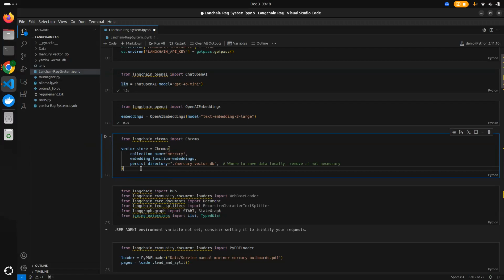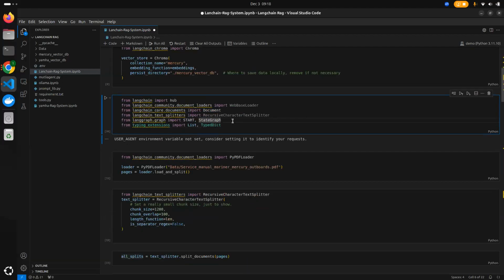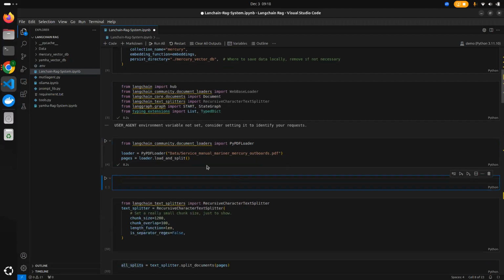Basically, first we need to load the PDF loader from LangChain. We are using PyPDFLoader for this. We have the data file, the service manual Mercury outboards PDF. After passing through this PDF loader, it will extract the pages from the PDF. If I print out the pages,